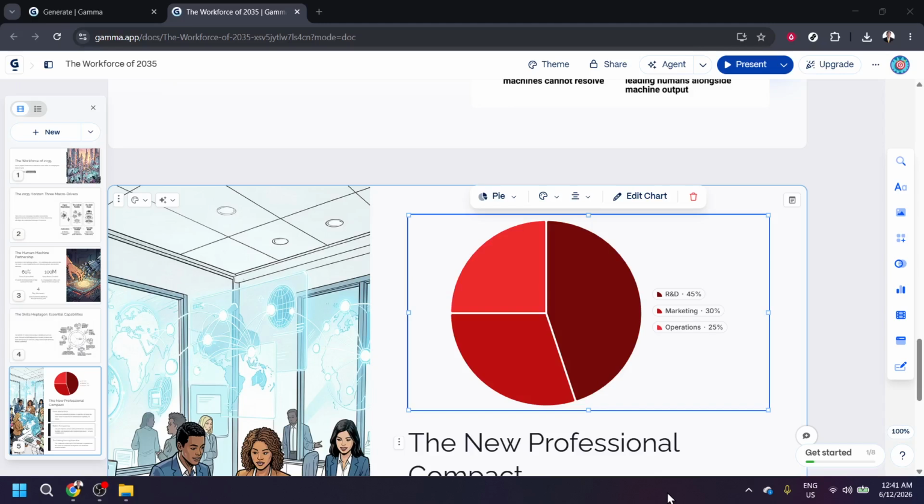Now you've gone from having no visual data representation in your presentation to confidently adding a pie chart that makes your data pop. Go ahead and close out of those menus, save your work, and get ready to impress your